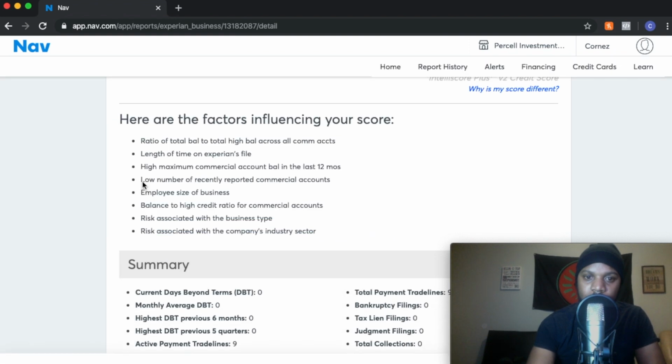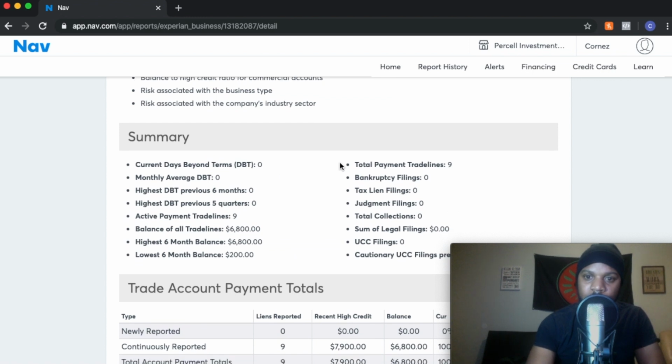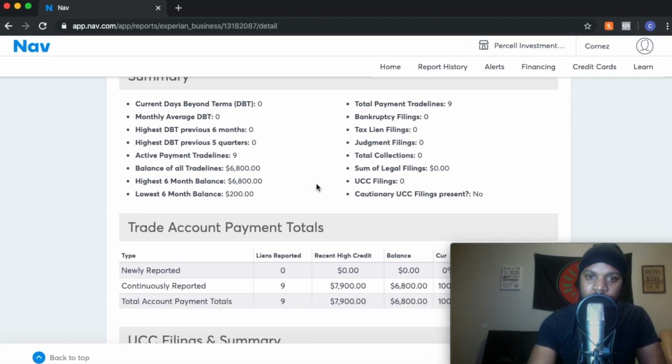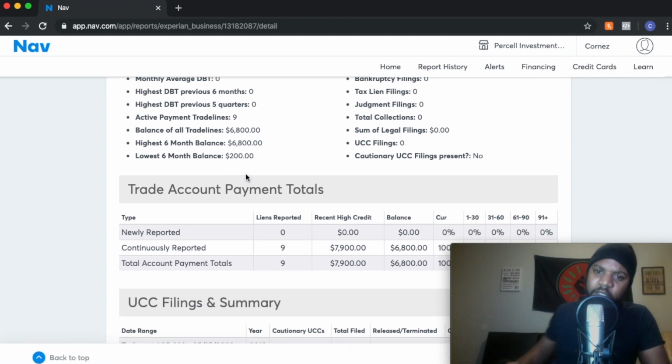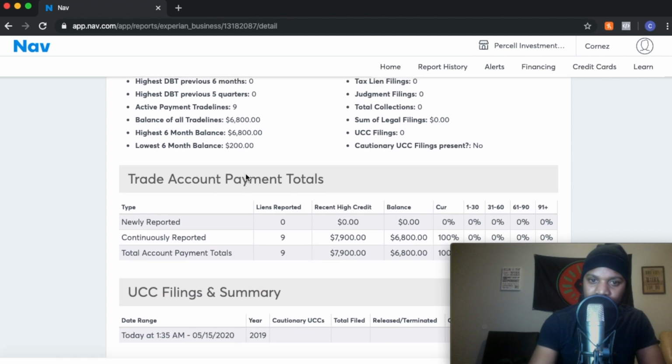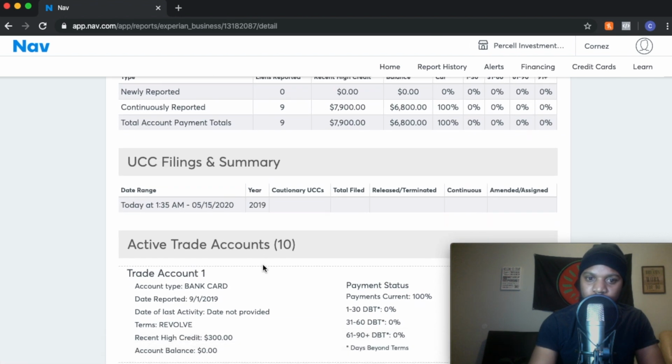So probably gonna block that stuff out. So it tells you days beyond terms, total payment trade lines. So I thought I had more than that. So here's the deal. I got 20 accounts on Dun & Bradstreet, and I got 10 accounts reporting on